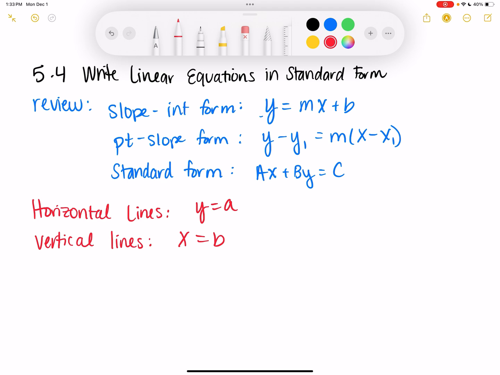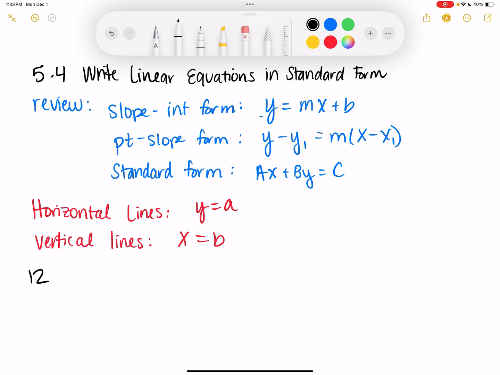All right, so write an equation in standard form of the line that passes through the given point and has the given slope m, or passes through the two given points. So some of them they're going to give us the slope and one point, and some of them they're going to give us two points, and we have to find the slope and then find the equation of our line. So starting with 12,